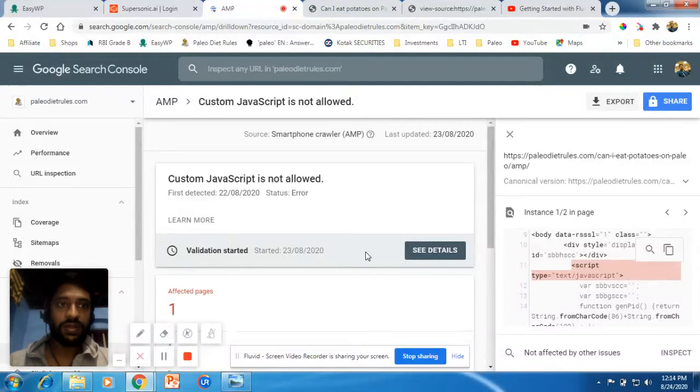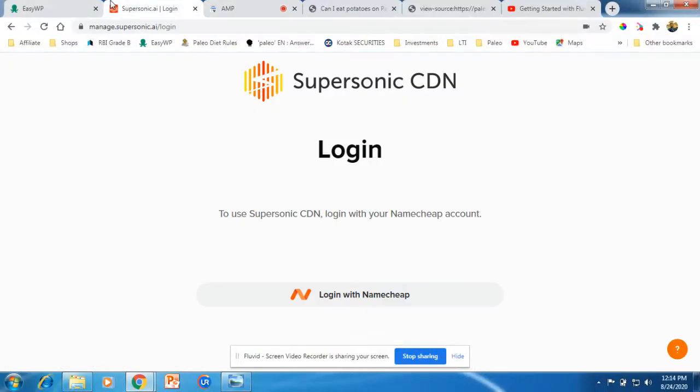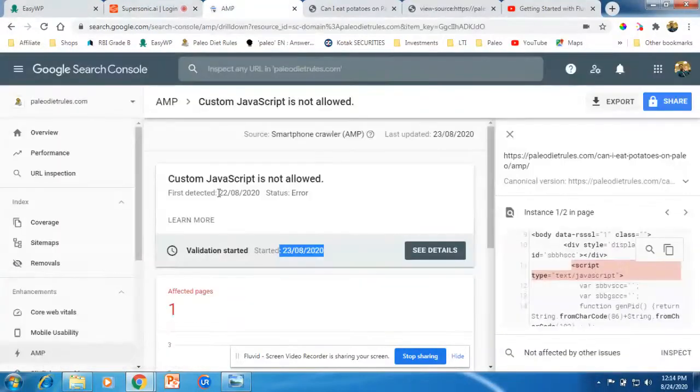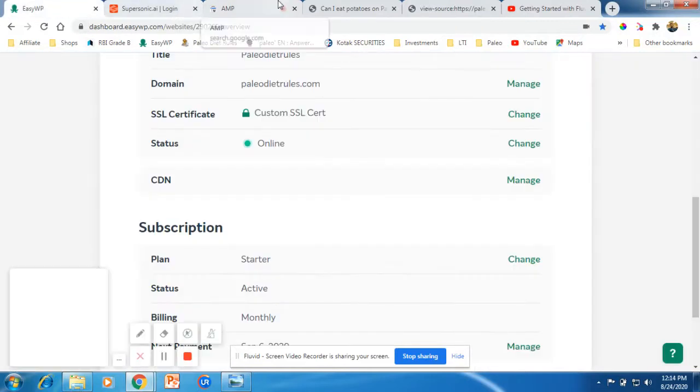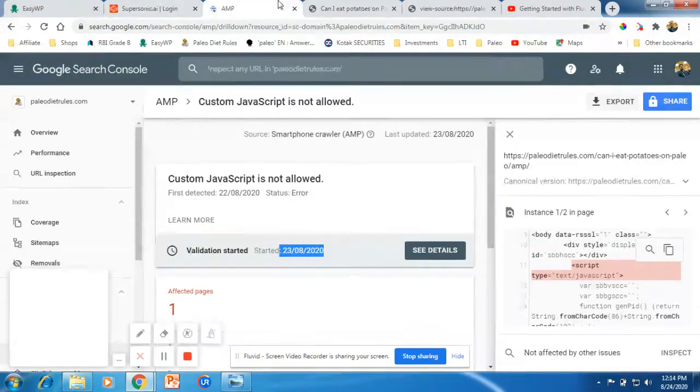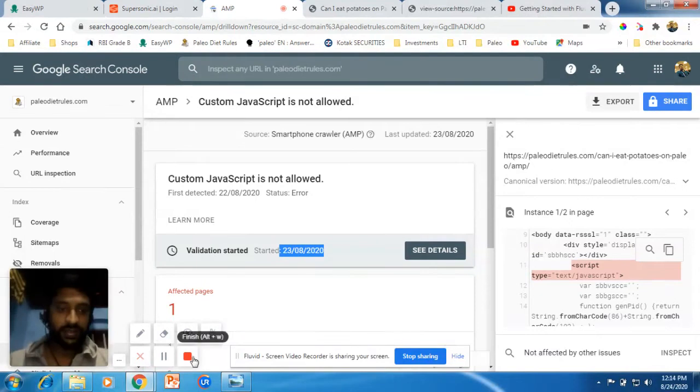So once you have disabled your Supersonic CDN, you need to come here into your Google Search Console and click on validate the fix. What is the fix? The fix is removing your Supersonic CDN. That is what you need to do here. As I told, that is the only option in case of the Namecheap ECWP Supersonic CDN error. Okay, so that's it for this.